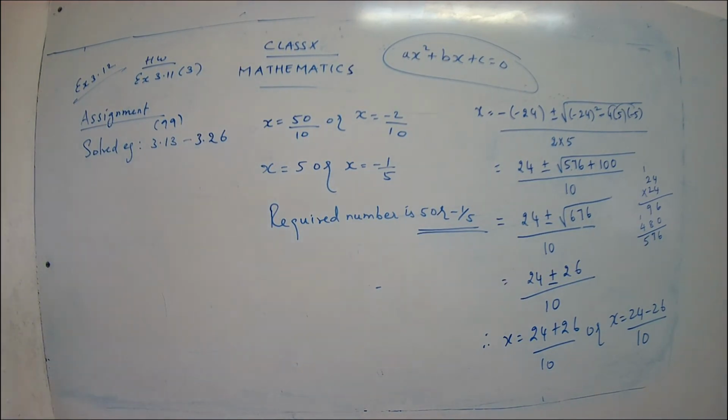Even though I give you many sums, even though I give you 100 sums, no, we are not going to give so much. Okay, at least 15 sums, max, we can try. Some sums are very easy. Some sums are, okay, all the sums are easy. So you can just attempt all the sums. So try to complete the solved examples from 3.13 to 3.26.